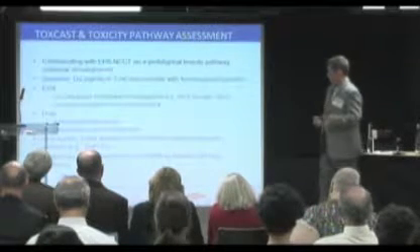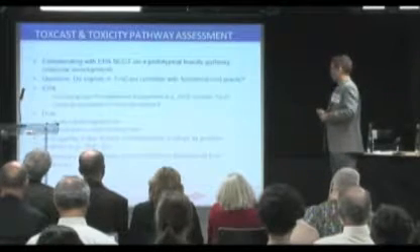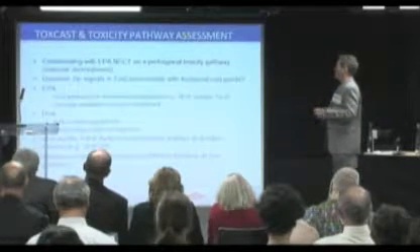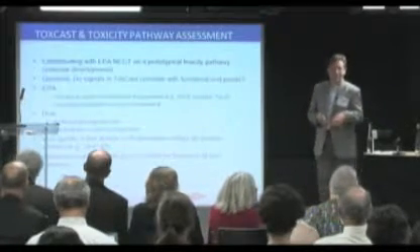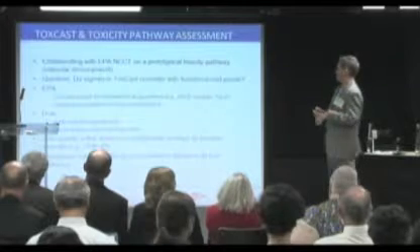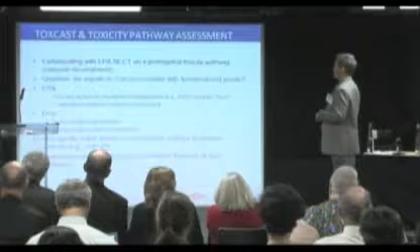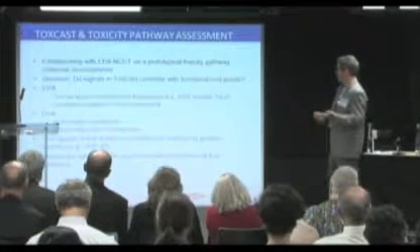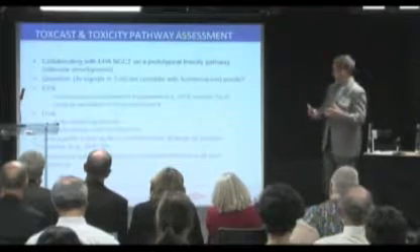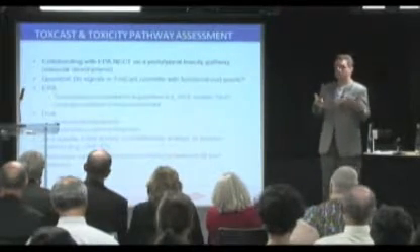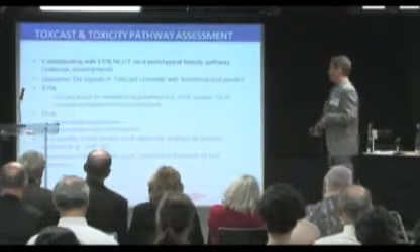And then ToxCast: I'm quite happy to say that we're collaborating with David and Tom Knudson's group at NCCT on a prototypical toxicity pathway, vascular development. And you did all the hard work for me by showing all those nice slides, so I don't really have to describe that. But our general question for this toxicity pathway is, do the signals in ToxCast really correlate with more functional endpoints? As David showed you, the EPA's part is they have the ToxCast assays, and there's a subset that you can use to get, say, a ToxPi score for vascular disruption, and also the computer simulations, which he showed.